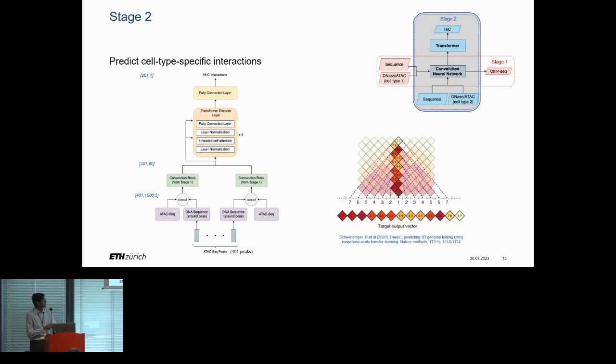The way we predict the Hi-C interactions is very similar to how it was done in DeepC. That is, we predict the interactions around the central peak from our input sequence, and we predict the interactions only for the central 200 peaks, so that we ensure that for all the interactions that we're predicting, we do have information to the left and the right of the regions of interest.